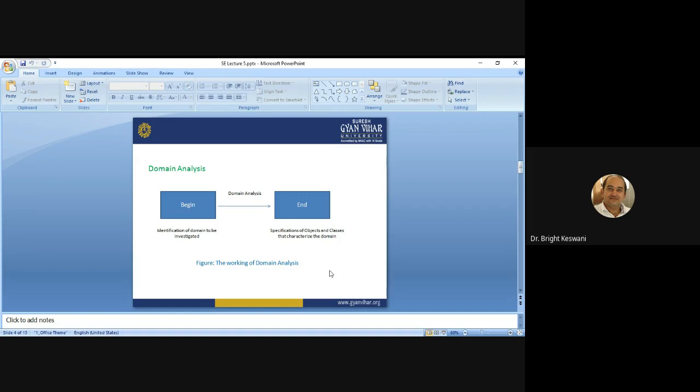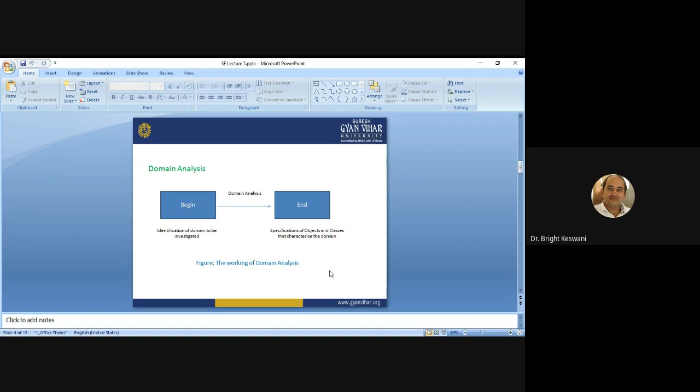It is not directly connected to any software project, but is an ongoing software engineering activity. Domain analysis identifies the purpose of the domain to make the software reusable. This is the first major goal of domain analysis.